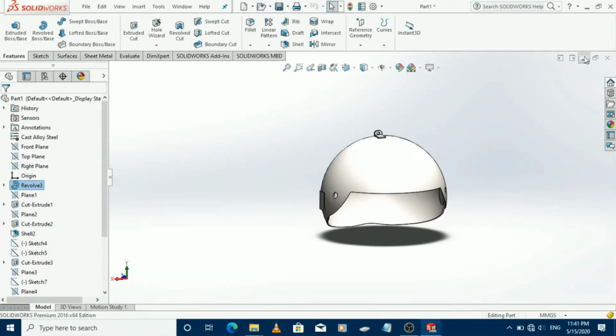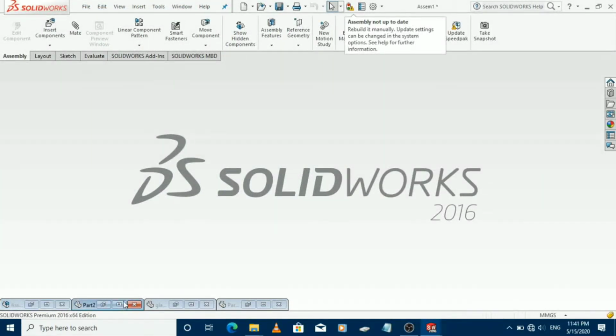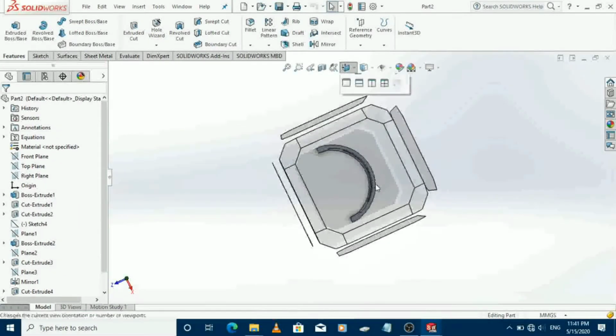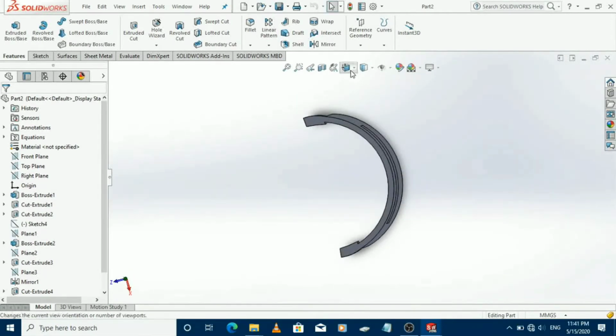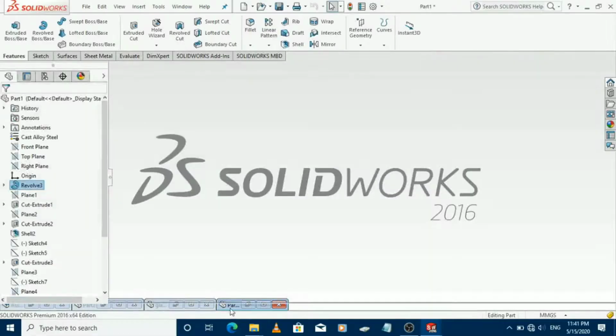So first I create this main part, and then I create this other part, which is most important in the level 3 helmet, okay. So here you can see this arc, this part which I use from here.